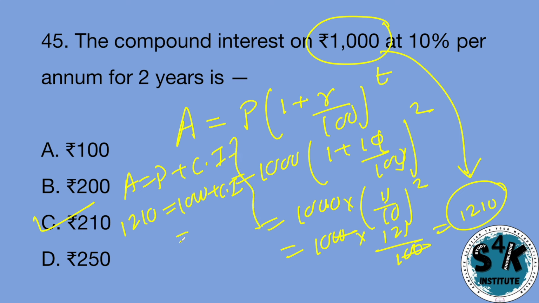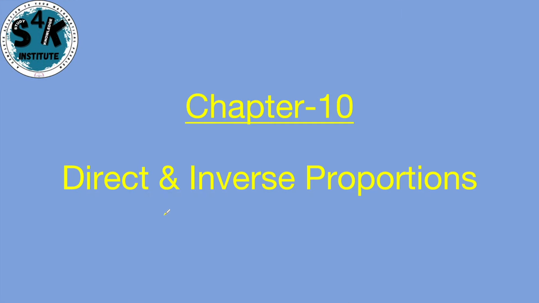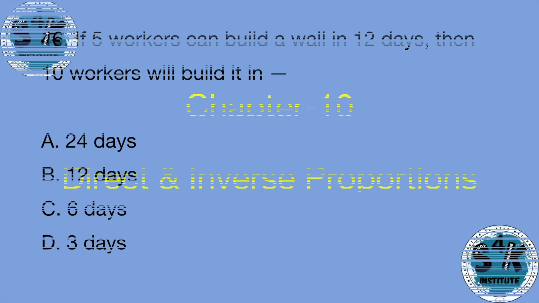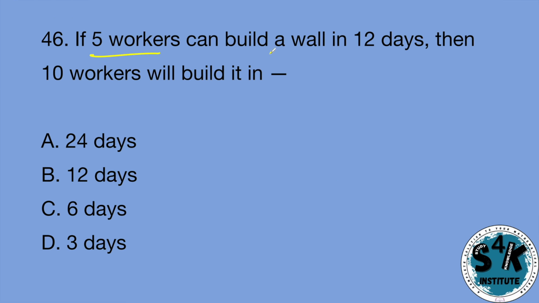Okay, so compound interest will be 1210 minus 1000, that will be 210. Okay, let's move to the next question. That is, next chapter, that is direct and inverse proportions. Let's do this question. If 5 workers can build a wall in 12 days, then 10 workers will build it in